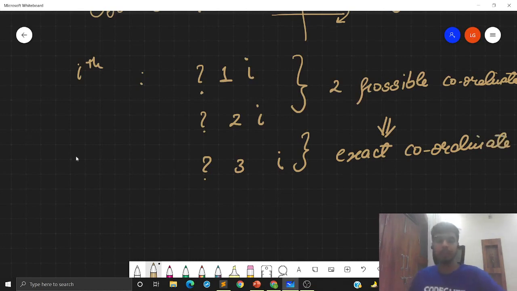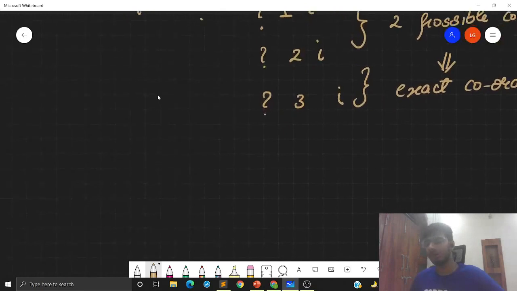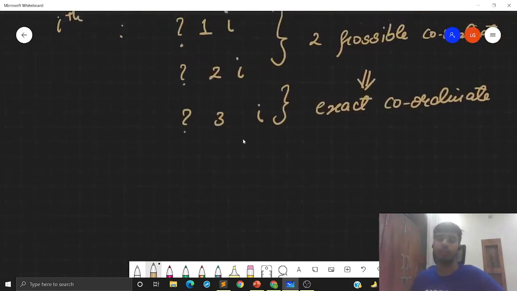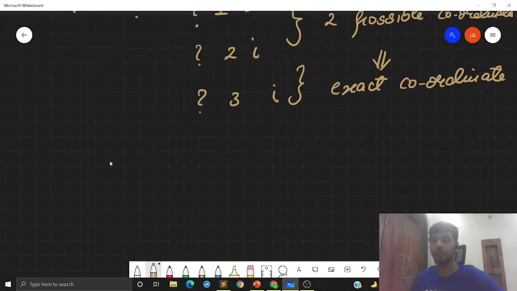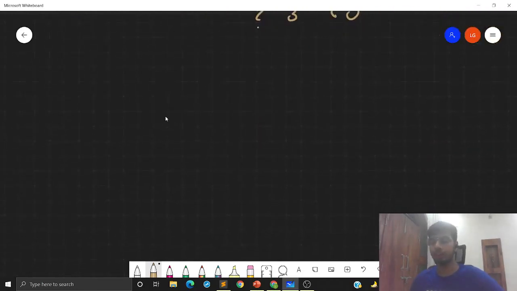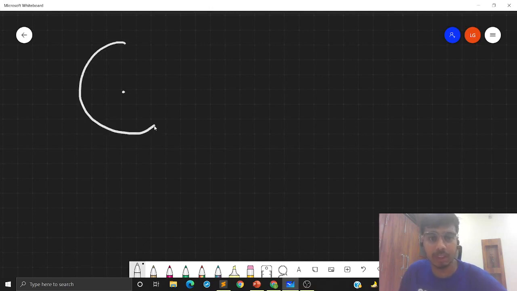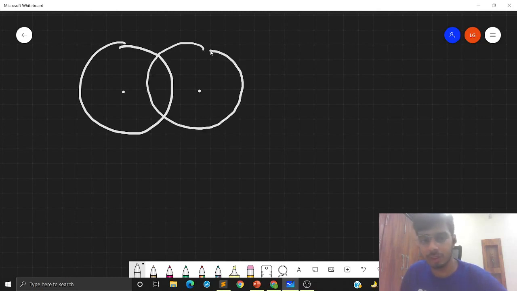However, if you remember, we were talking about some corner case, right? What is that corner case? The corner case was, what if this third point is not able to find out the exact coordinate? So can this ever happen? Let's see if it can happen. Suppose this is my first point and this is the circle that we were talking about. This is my second point and this is the second circle. I have these two possible points.